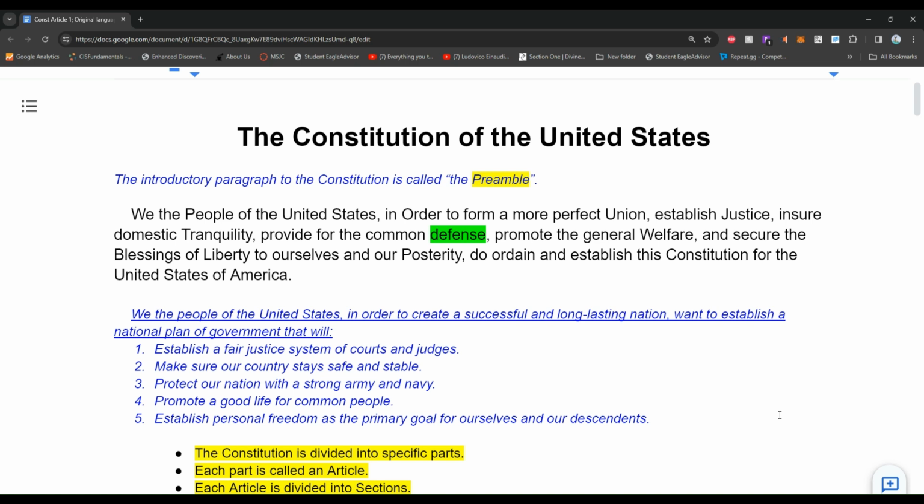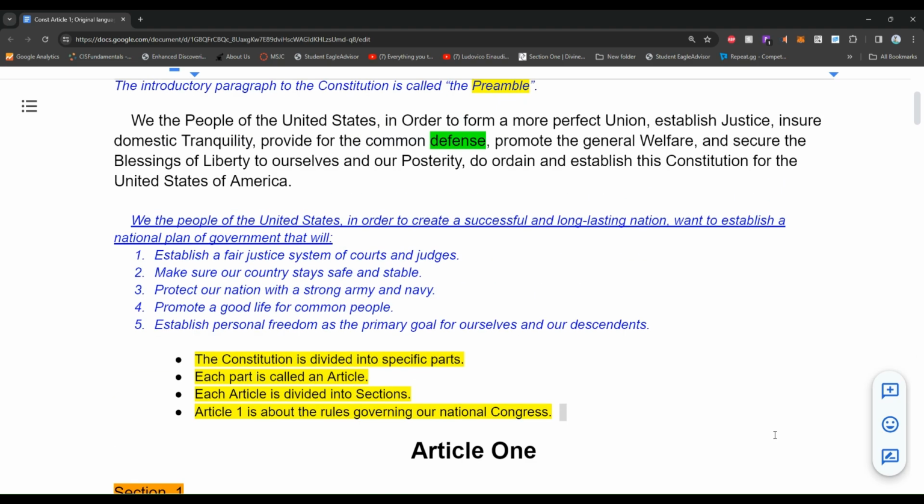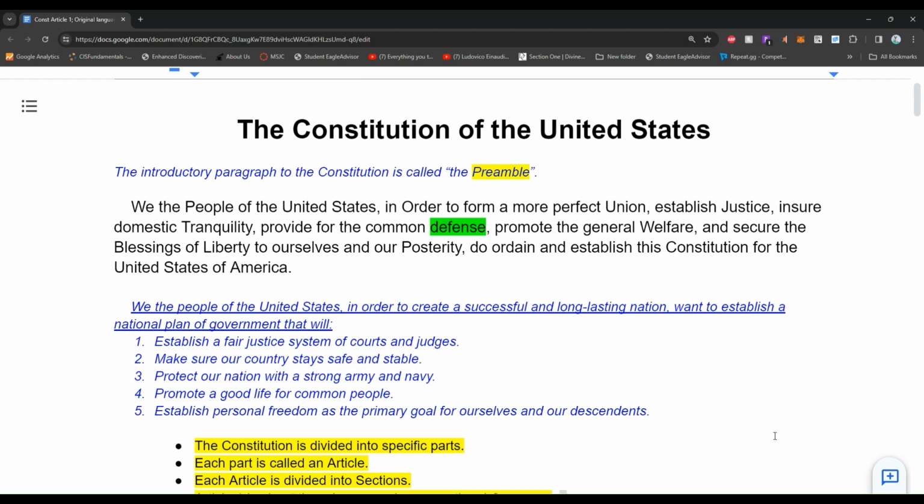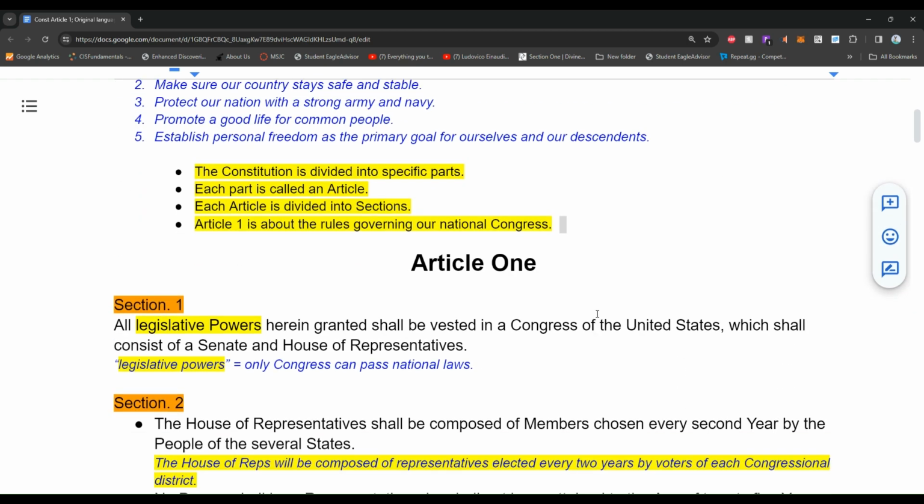So here we go. The first word that we'll look at is defense. It's highlighted in green. Actually, the original spelling is defense with a C instead of an S. So throughout this, you see weird spelling sometimes and also some strange capitals. Okay. This first part of the Constitution is called the preamble. And then right above the word our, Article 1